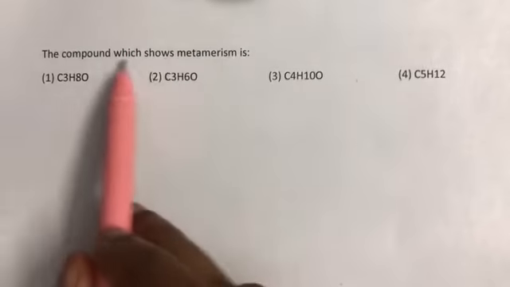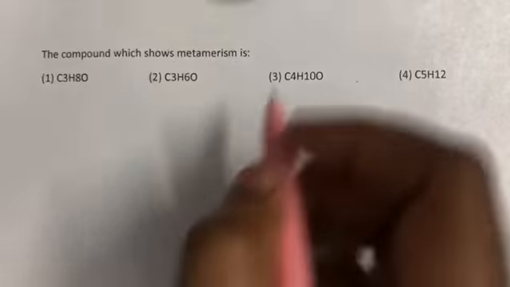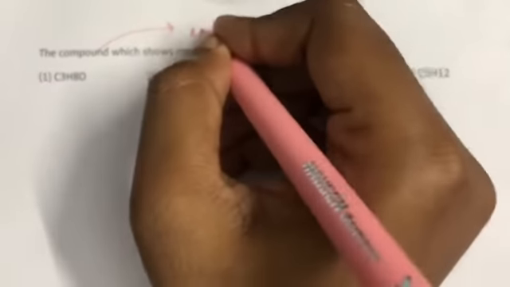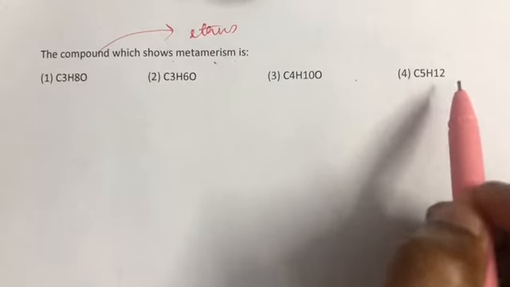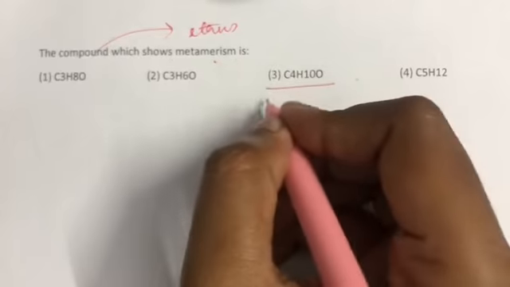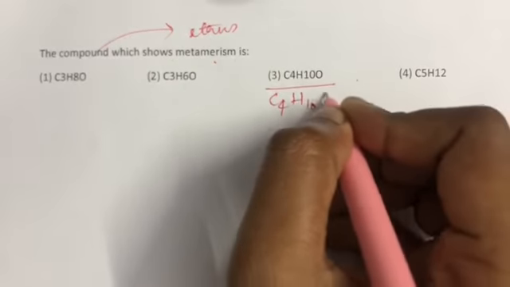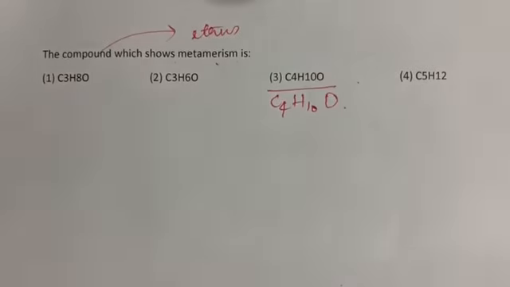The question is, compounds which show metamerism is. So basically, compounds that are ethers show metamerism, and in these 4 options, the compound that shows metamerism is C4H10O, and this can be written as